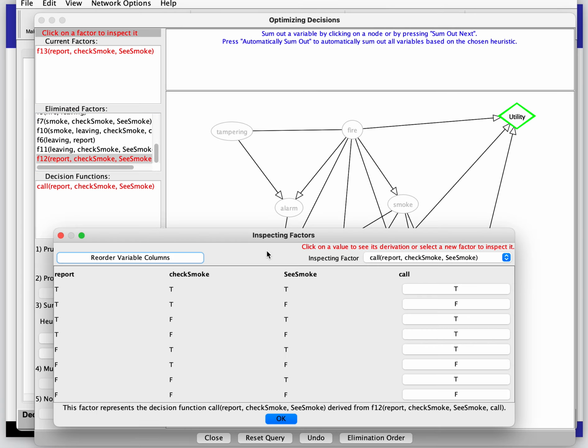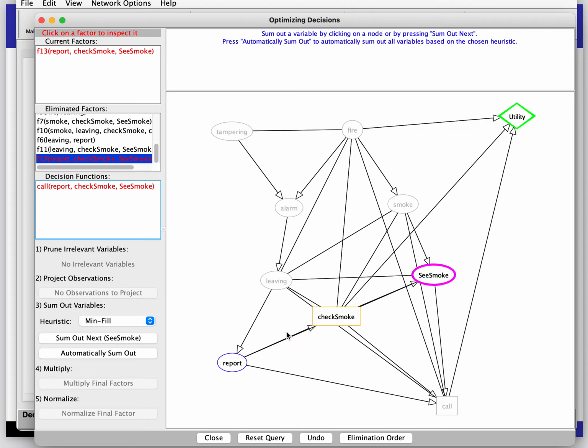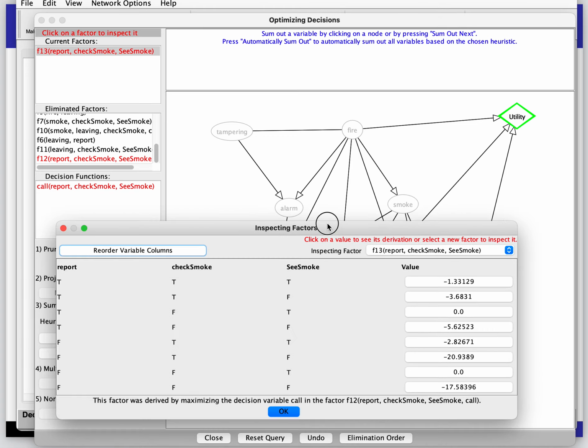Well, the decision function is going to specify: with report, check smoke, and see smoke, we're going to call, which is what we decided was the maximum value. If report is true, check smoke is true, and see smoke is false, you're not going to call. And this one was true, which is because they're both 0. Okay, and we also have a factor now, which is